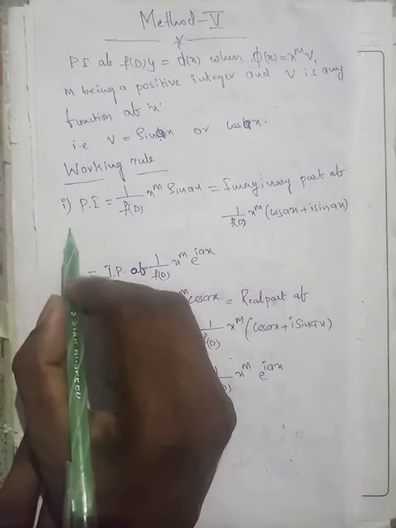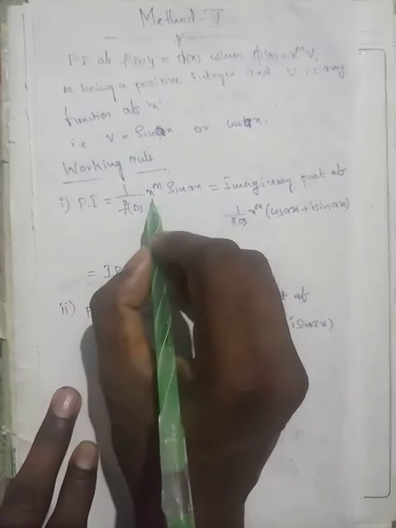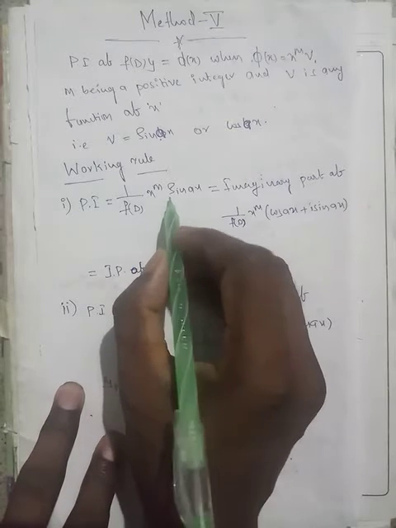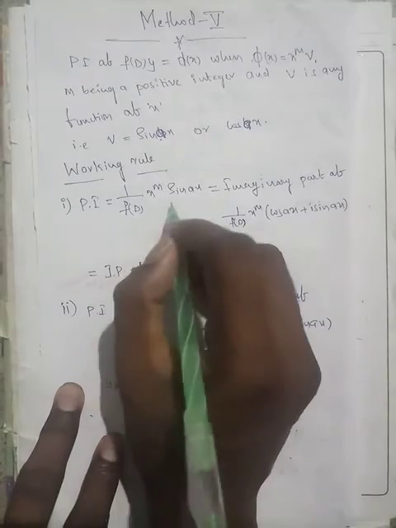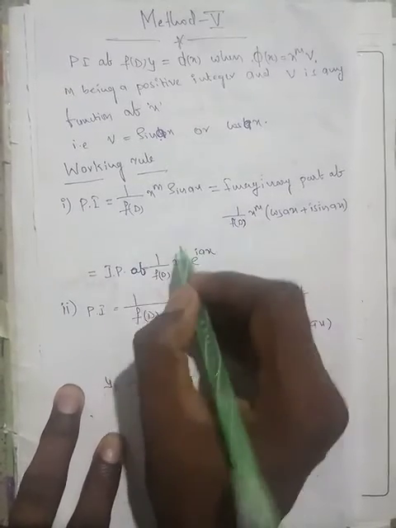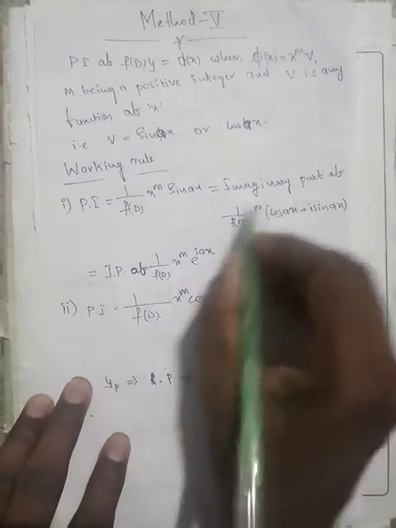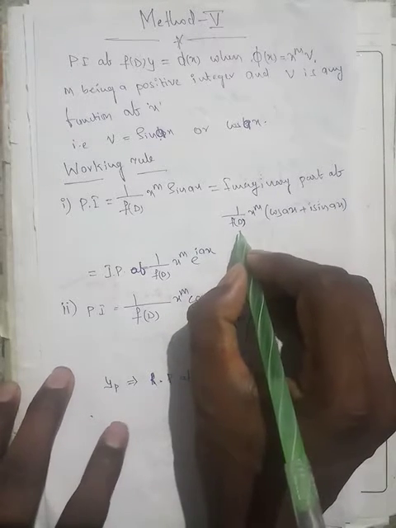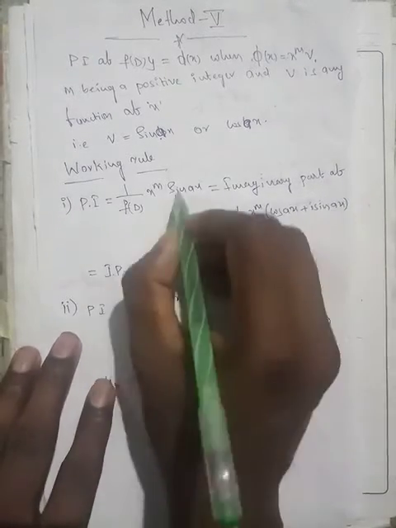see, in the first condition, if we are finding the particular integral 1/f(D) of x^m into V, here we need to take V. In the first case, instead of V, we are taking V equal to sin ax. So x^m into sin ax is there. So I am writing this in the form of the imaginary part of 1/f(D) of x^m into (cos ax + i sin ax).